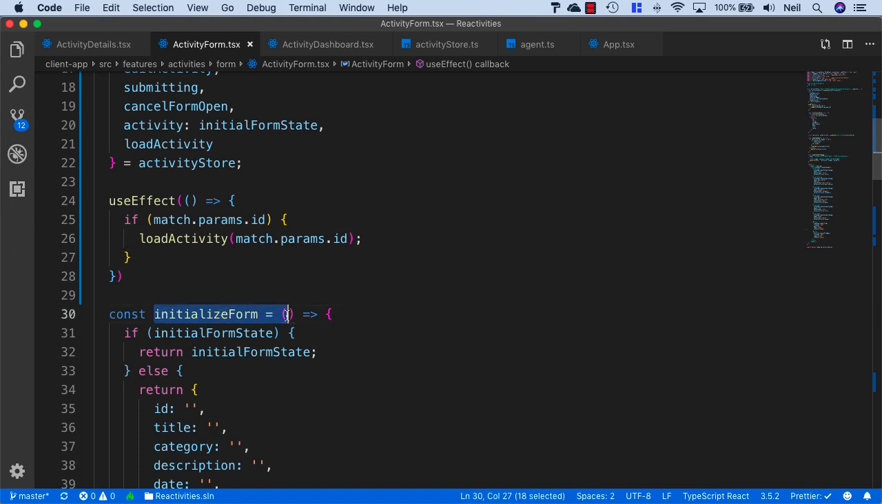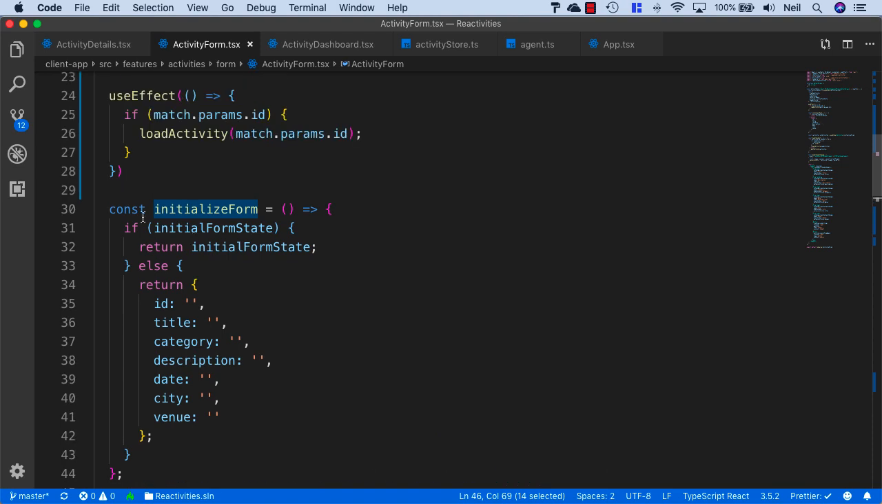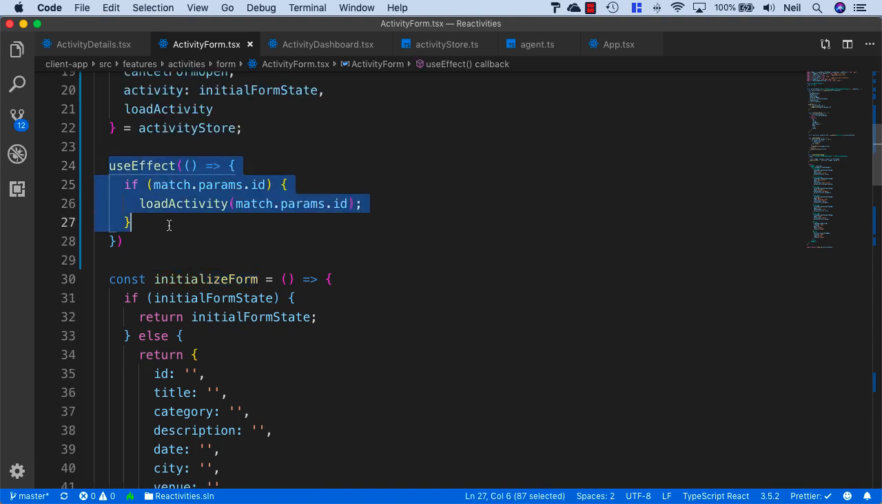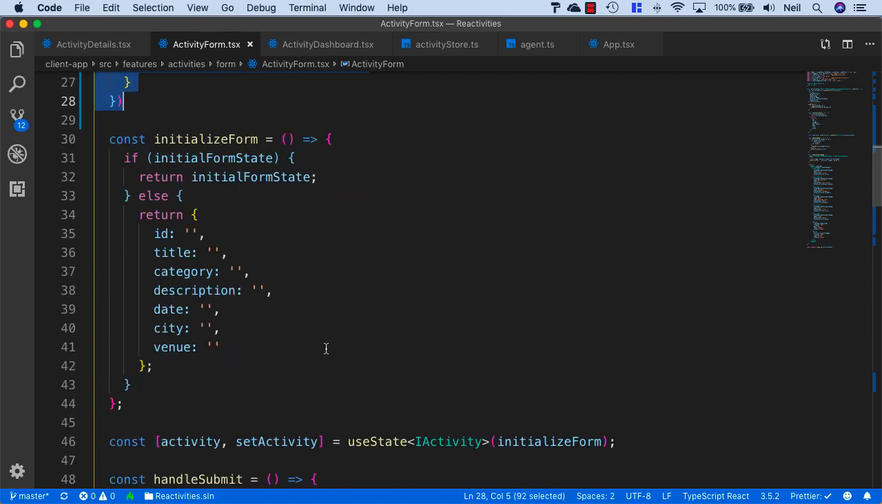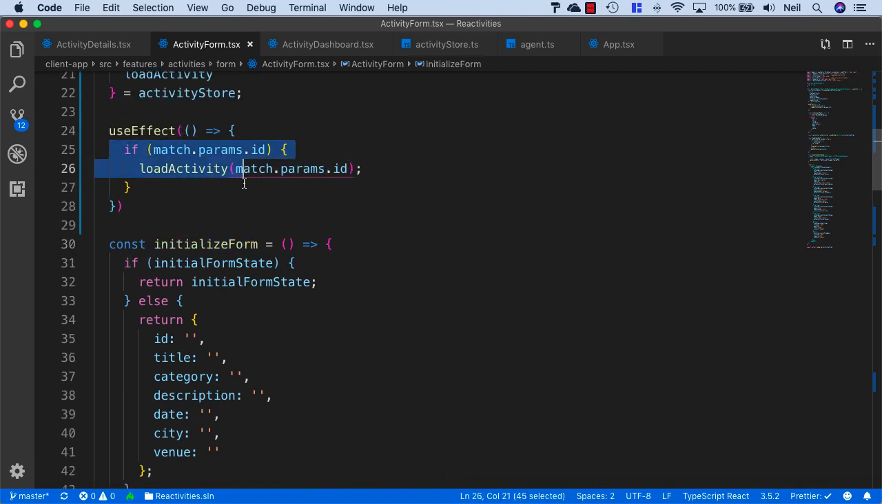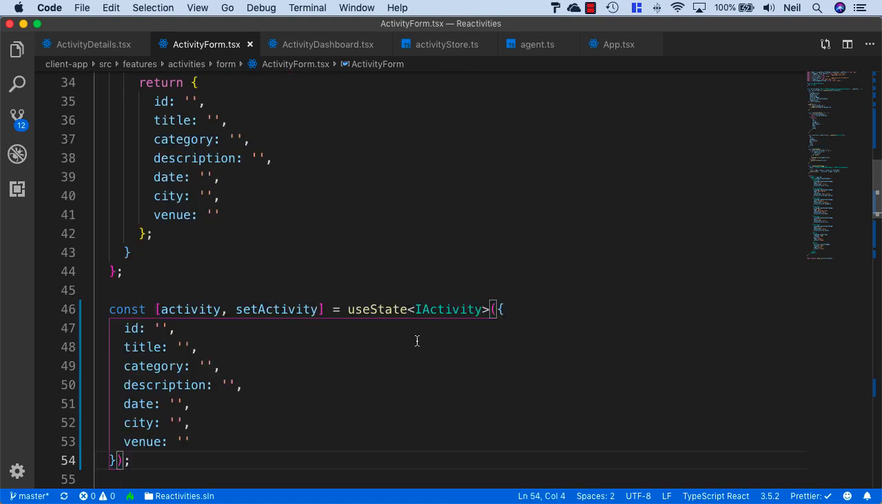So what we're doing inside here is using this initialize form for our state. And because this code runs synchronously, we're not getting the opportunity to set our state with our retrieved activity, because this function is running before this has had a chance to complete. So we need to make an adjustment to how we initialize our form. Instead of using this function, let's add this empty activity object. I'm just going to copy this object and use this as our initial state